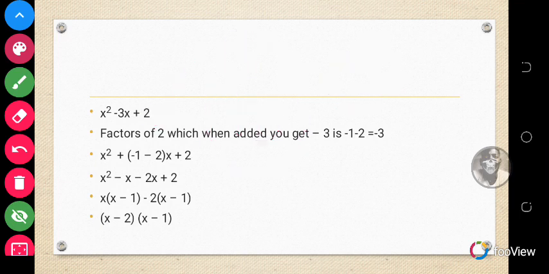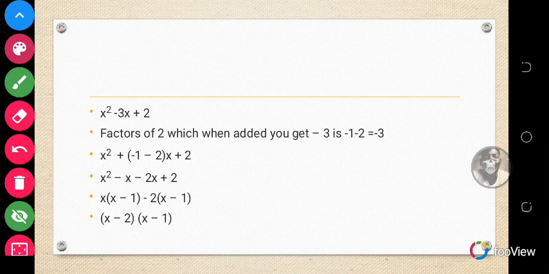So this is what you'll be having now: x plus -1, x plus -2, which is x plus 2. Okay, and then you would expand